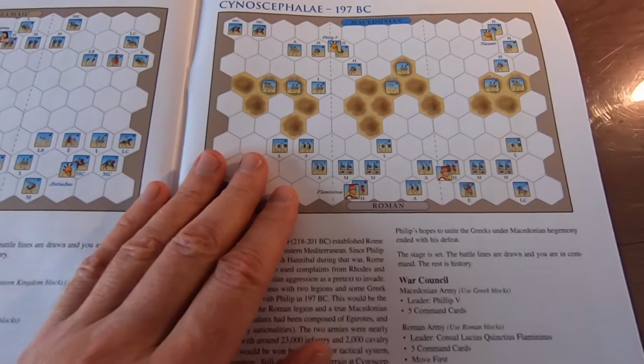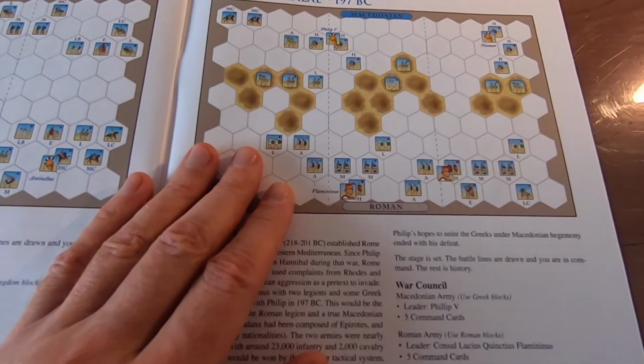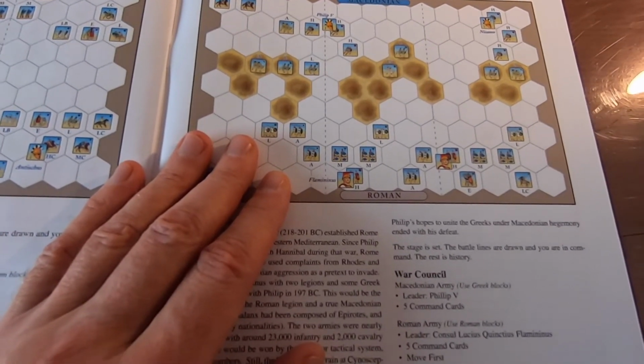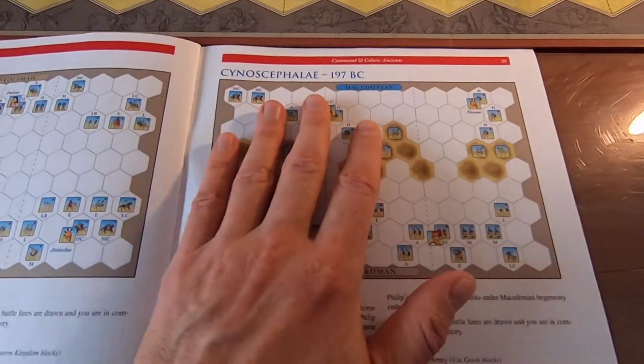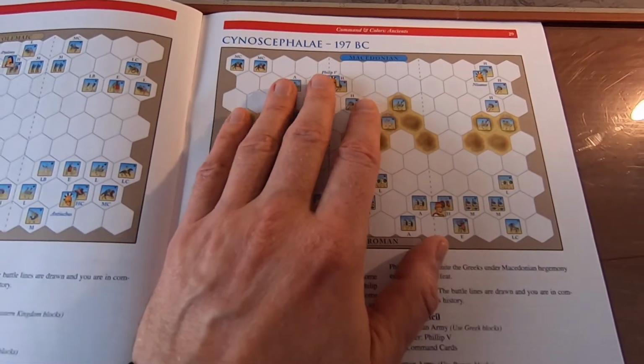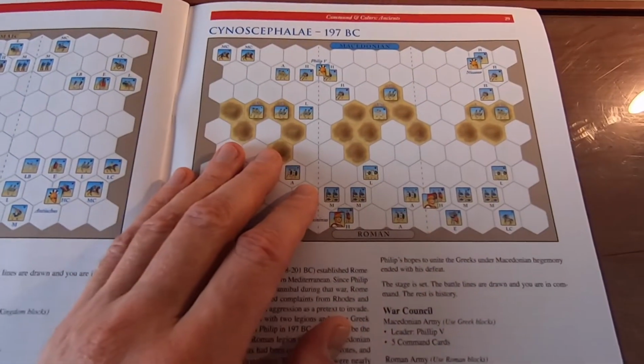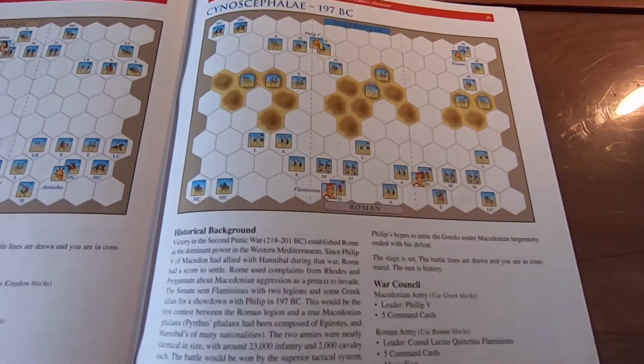So the visibility was really limited here, and that caused some disruption, especially for the Macedonians. Actually, they had some problems with navigation here. But anyway, Philip